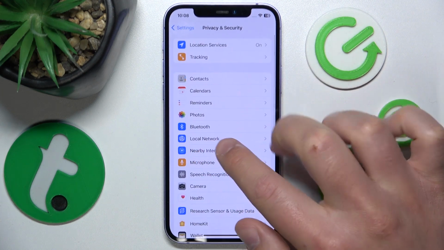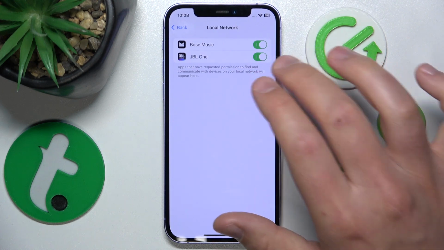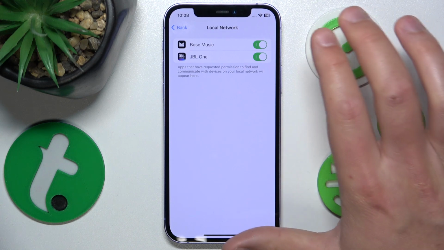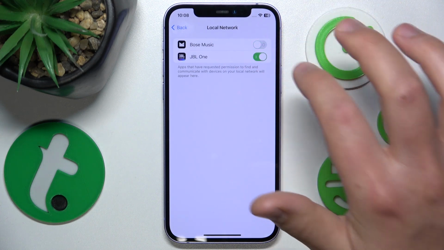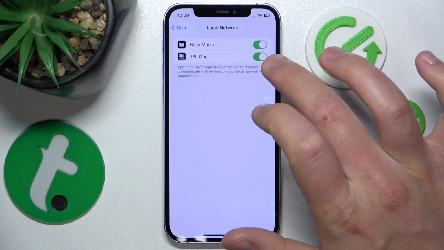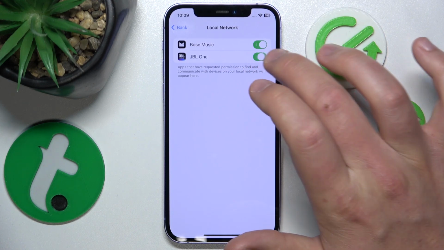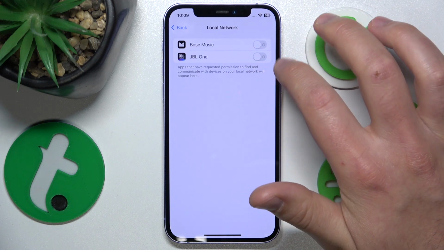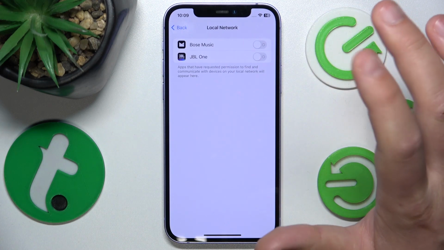Once you're here, just go to Local Network, and here are going to be listed applications that have requested permission to find and communicate with devices on your local network. So you can give them access, as for example those two applications now do have access to my local network. If I just switch them to off, so the buttons are going to turn gray, it means that no longer